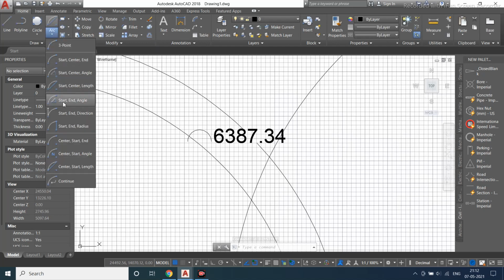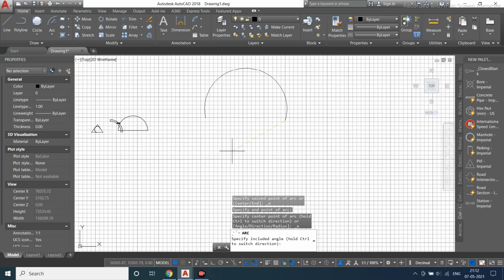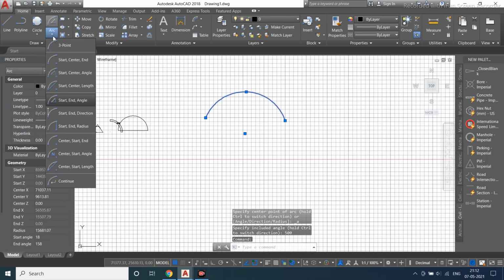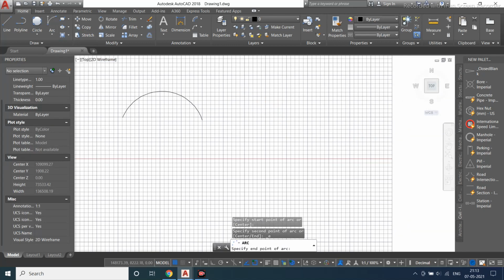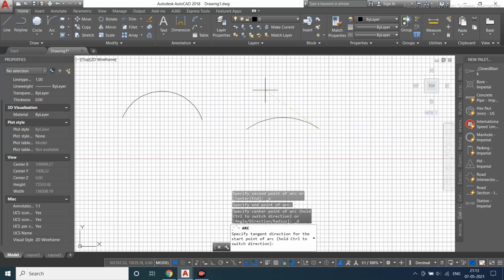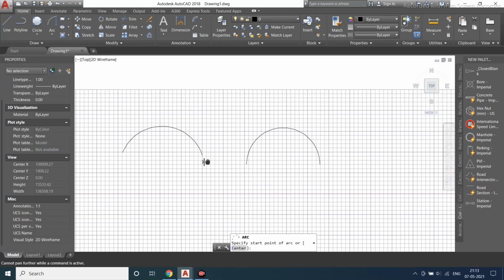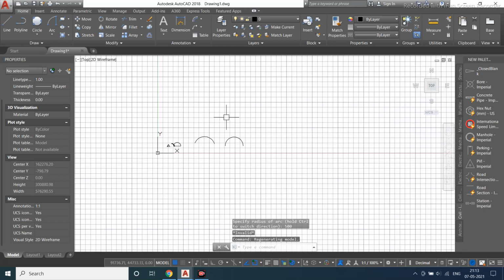The same way you are going to do with the other things also. Start, end, and what is the angle you want to specify. So if I want to specify 500, you can see it has been specified. The same way, start, end, and direction. This is your starting, ending, and which direction you want to move. In that direction you have to specify. Next comes start, end, radius. Radius, how much you want, that much you can specify.